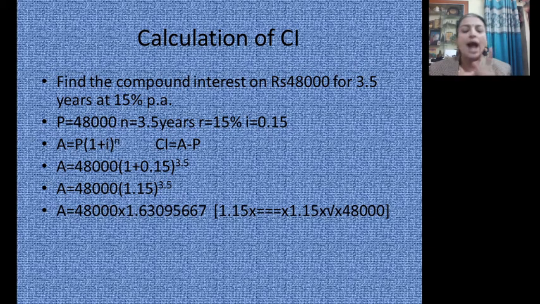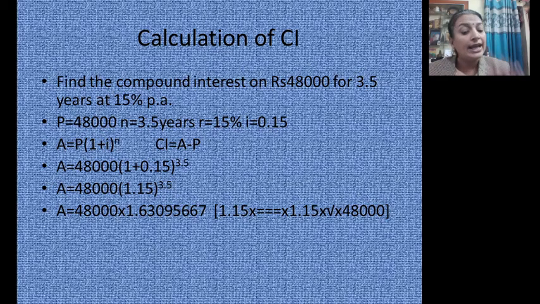How to do it? I have already told you. Now let us do it once again. 1.15, you start with that. No, don't go with 48,000 first. First, you type in the calculator 1.15, the multiplication mark. Press the equal sign 3 times. Then into, and again it is 1.15 and square root. Immediately go for square root.